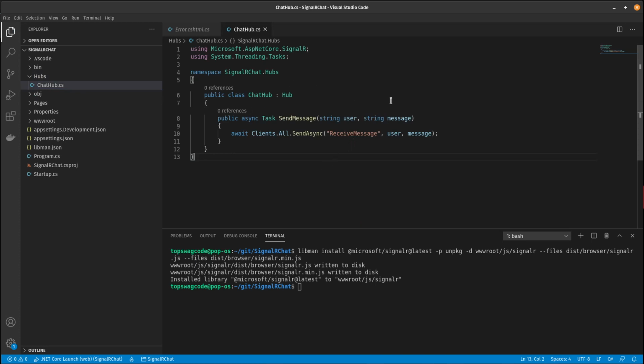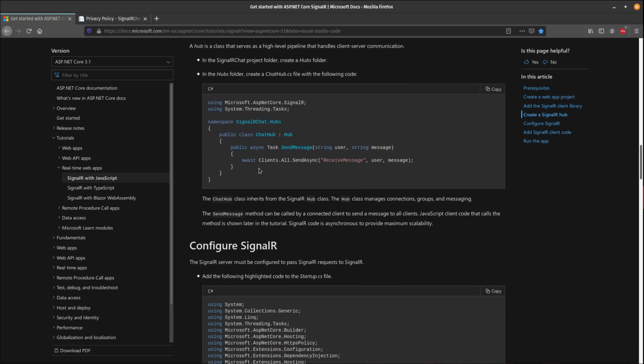So what this does is actually just saying, whenever I receive the task SendMessage, I'll just look at these two parameters and then I'll resend to all clients looking for a function name, ReceiveMessage, and then send user and message. So if I go back to the guide,